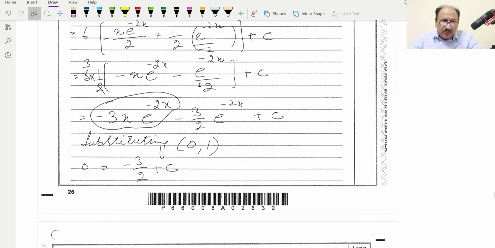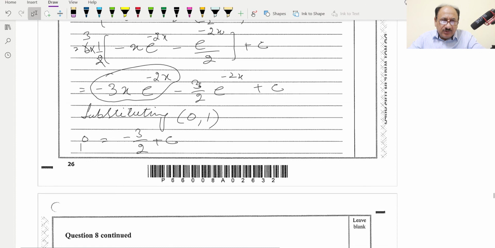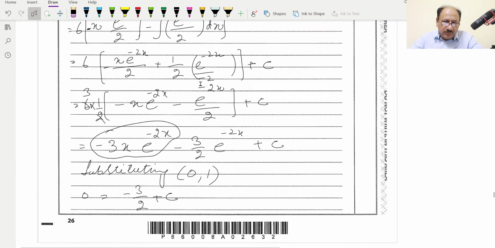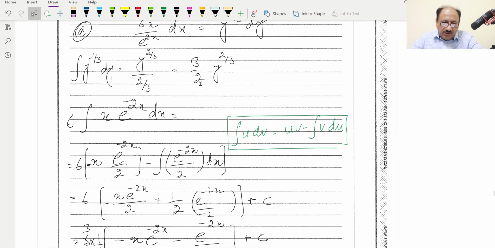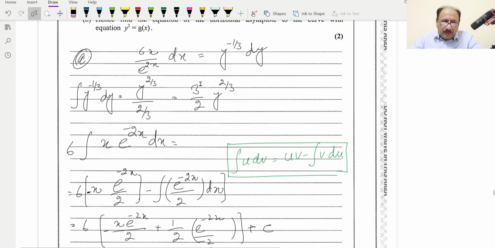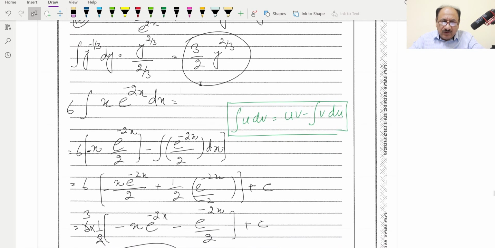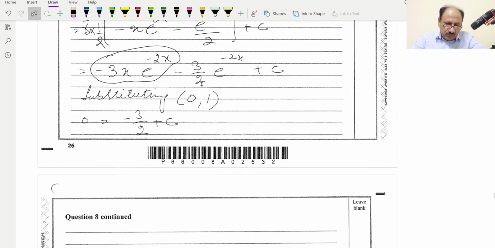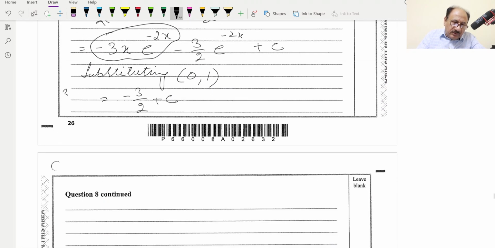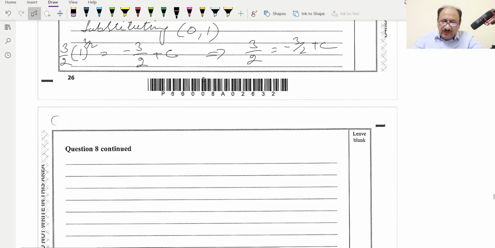so this side will be basically 3 by 2, because 3 by 2 y cubed is y raised to 3 by 2. So this is the other side, where we will be replacing y with 1. So it will be 3 by 2 raised to the power 3 by 2 and 1 raised to 3 by 2. So this implies 3 by 2 is equal to minus 3 by 2 plus c, and the c value